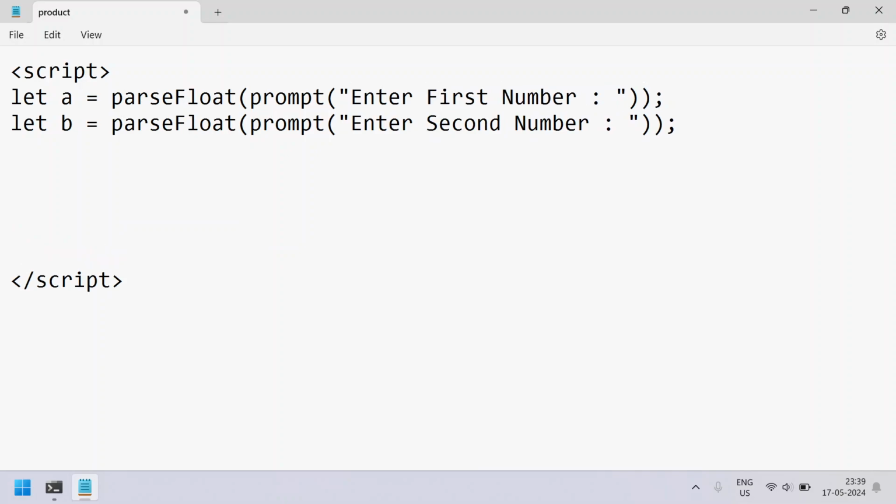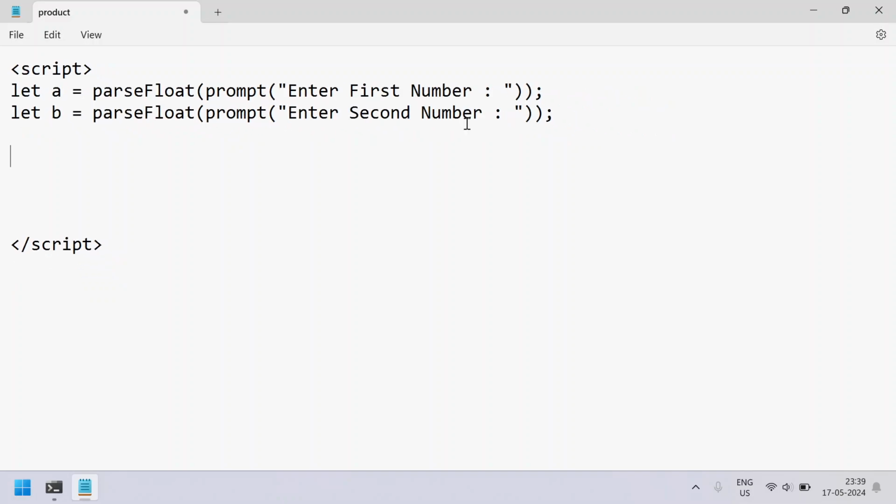Once we get the two values, a and b, we have to check if the input value is valid or not. For that, let's use an if statement and check isNaN, which is a function to check if the given entered value is valid or invalid. Let's check for the other variable, b, as well. If the given numbers are invalid, that is of string type or any other type,